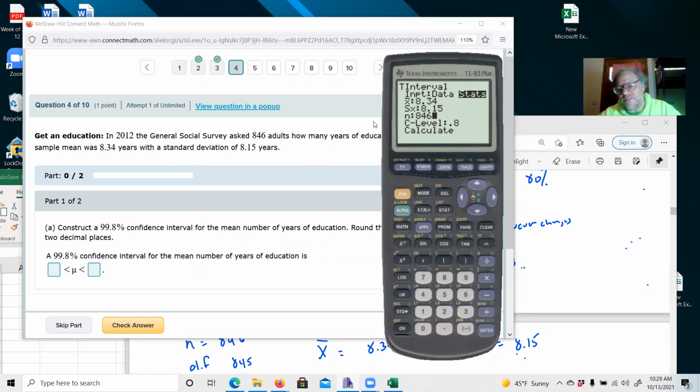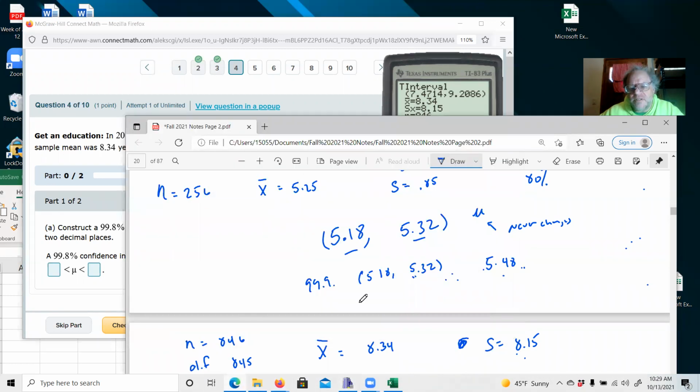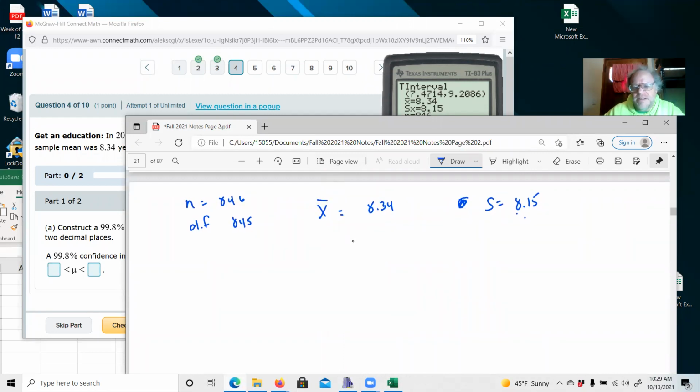Okay. Total number of people asked, 846. Notice we don't use degrees of freedom here. We're just doing sample size. The calculator can subtract 1 just fine. Okay, and we want what kind of confidence interval? 99.8. All right, and calculate. That'll be a while. All right, so my confidence interval is showing that we have about 7.47 to 9.2, call that 9.21